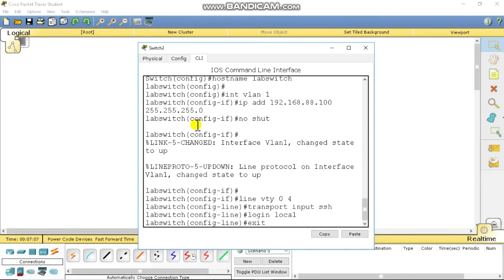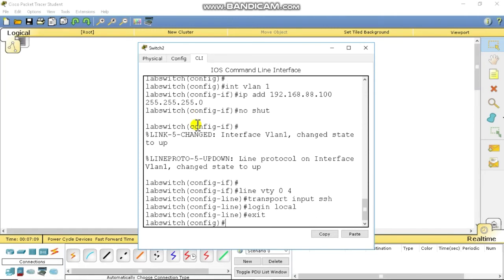and exit. Now we are going to make a username and password. Username admin, I give username admin. Whatever you want to give, you can give as your choice. Password I want to give QWE.